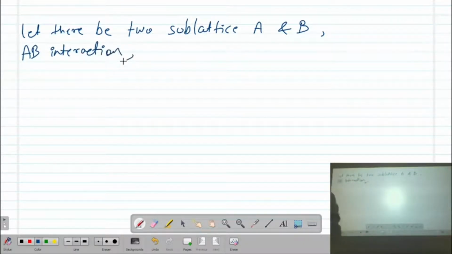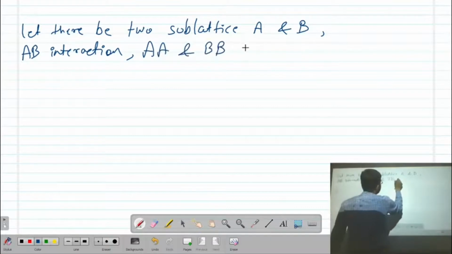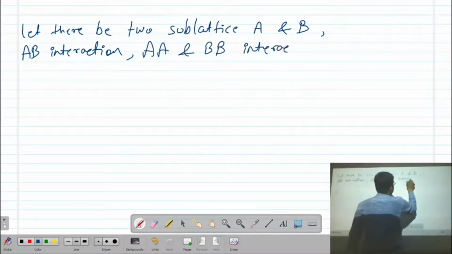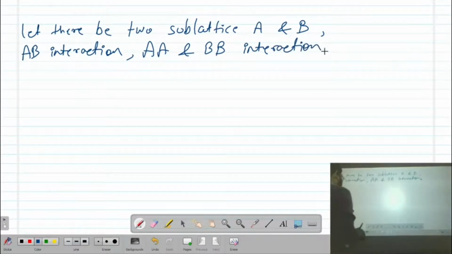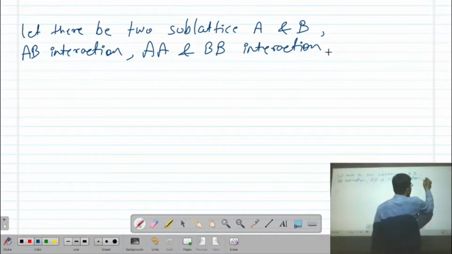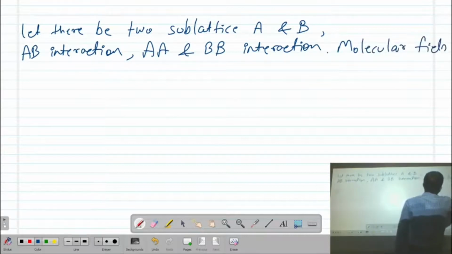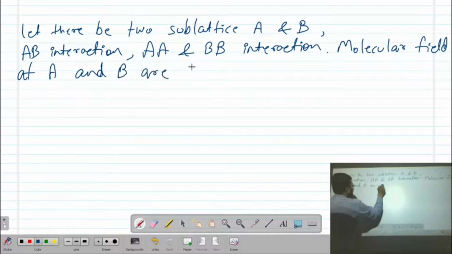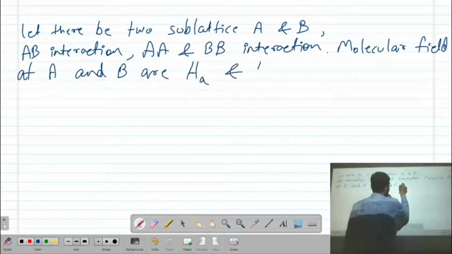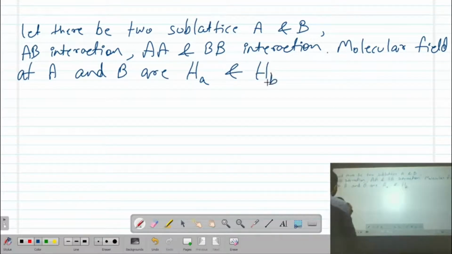We will also have AA and BB interaction. Now, for the molecular field of AB, let the molecular fields at A and B be H of A and H of B. Then we can write